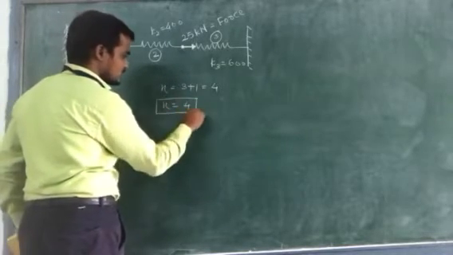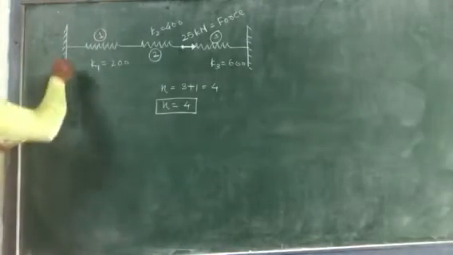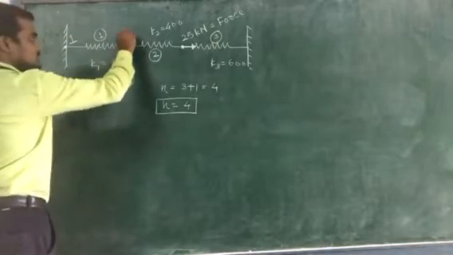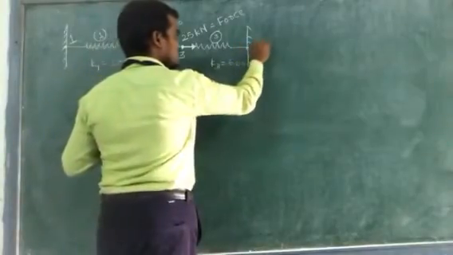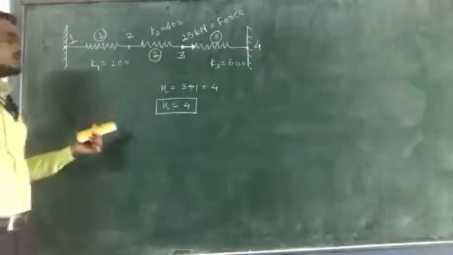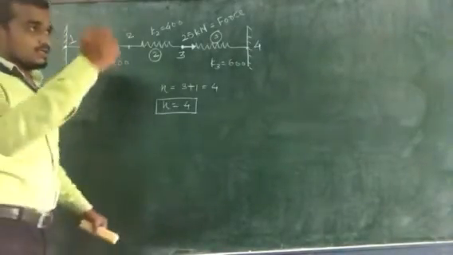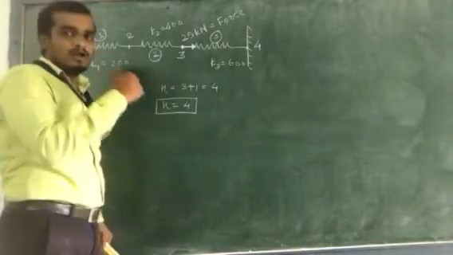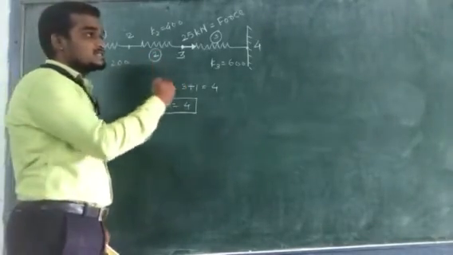Okay. So denote these nodes on the diagram: this will be your first node, this will be your second node, this will be your third node, and finally you will get the fourth node at the right. So you will get the 4 nodes for this spring system. Now we will see the procedure to get the values of the nodal displacements as well as the reactions at the support.